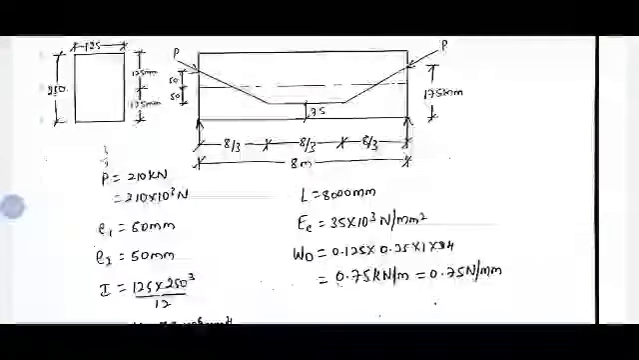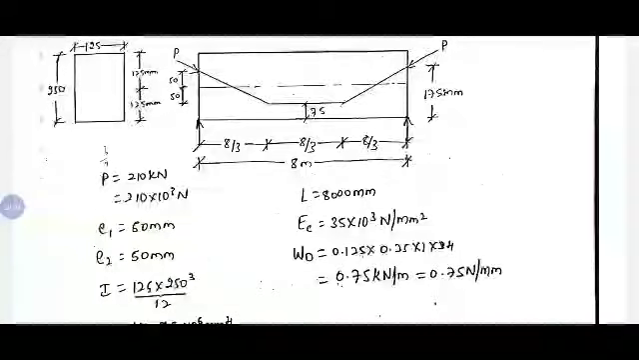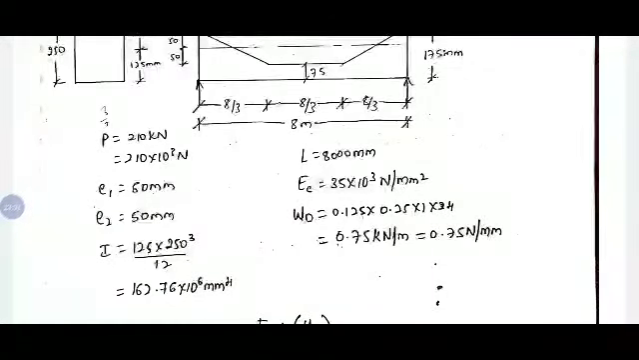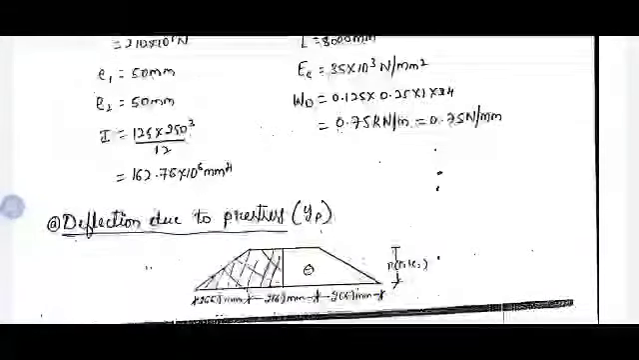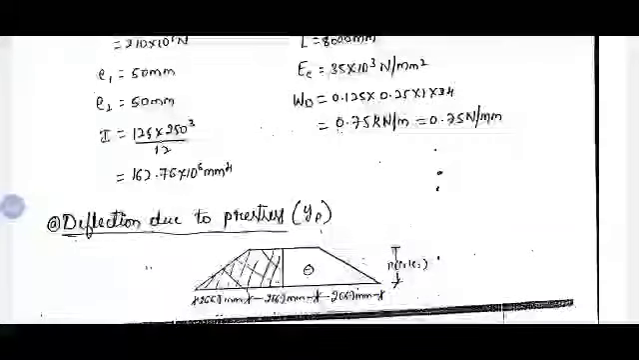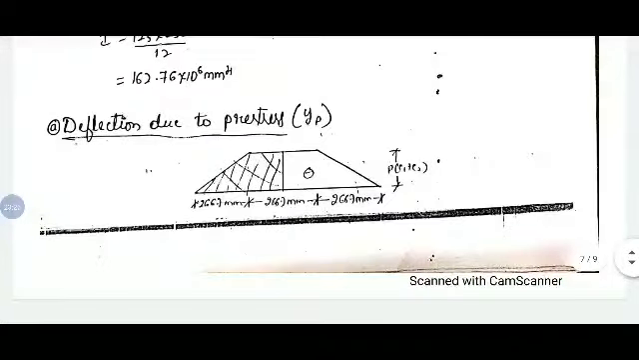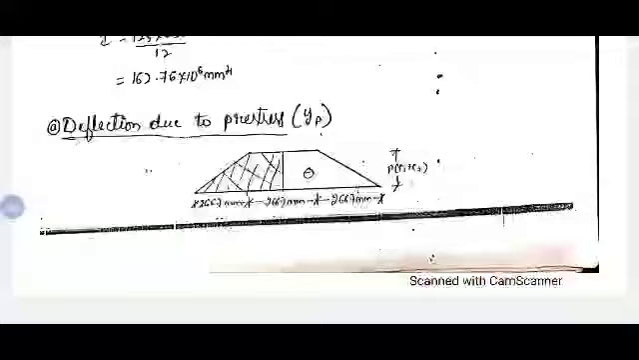P is 210 kilonewton, e1 50, e2 50 we have calculated there. Moment of inertia, span, Ec, dead load. So first one, deflection due to pre-stressing force. As we know, the shape of the bending moment diagram will be the same as the shape of the tendon profile. So here it is trapezoid shape. So the same thing will reflect here, and the maximum bending moment will be pre-stressing force into total eccentricity, P into e1 plus e2. So in the shaded portion we have two segments, one is a triangular segment and another one